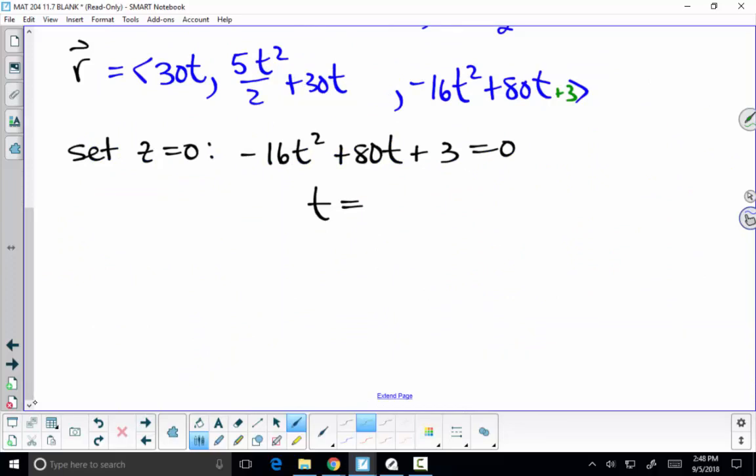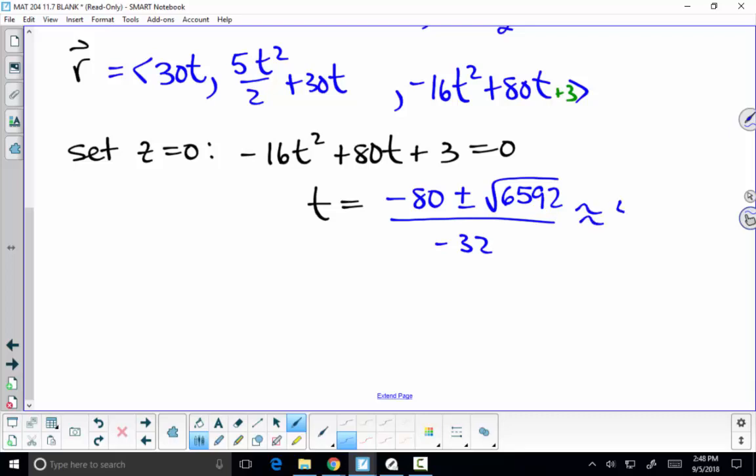What'd you get for t, Grant? Doing it now. So then what are we going to do with that t value to get the... Negative 80 plus or minus the square root of 6,592 all over negative 32. Oh my goodness. And that was 6,592. Thank you. And again, we're going to choose the negative because the positive is going to give us a negative number. And what's that approximately equal to? 5.037